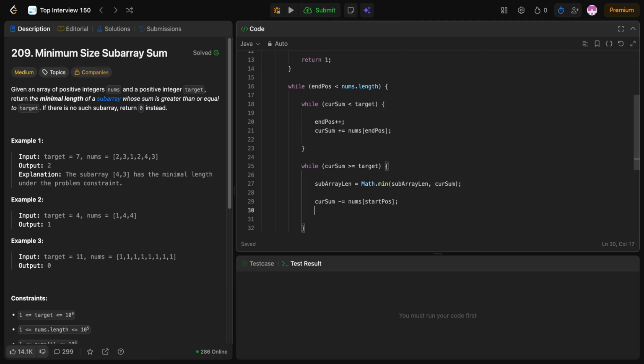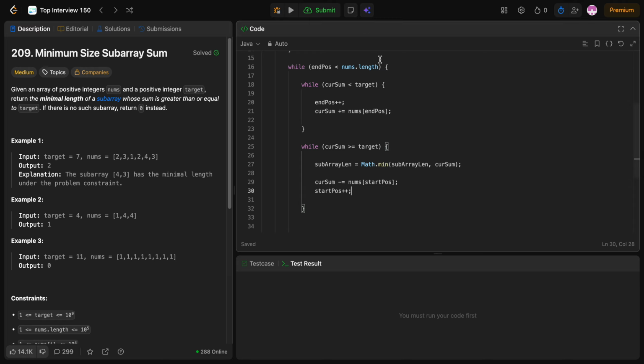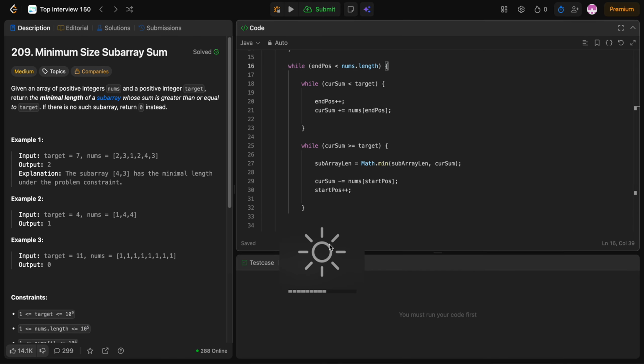And then we say start position plus plus, and at the end of this loop we can return